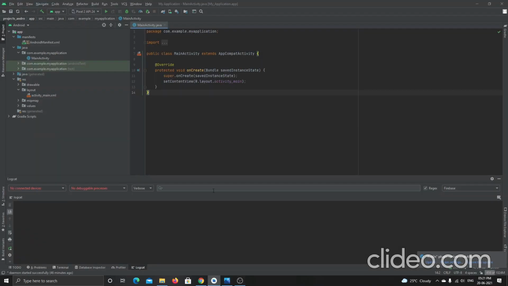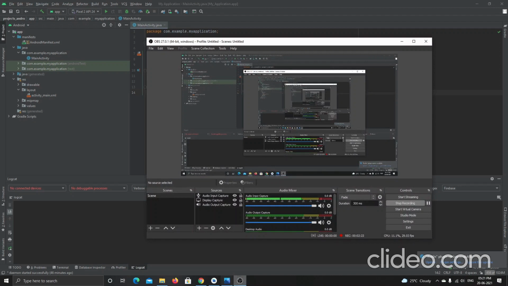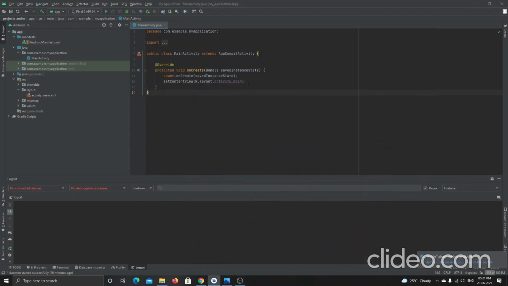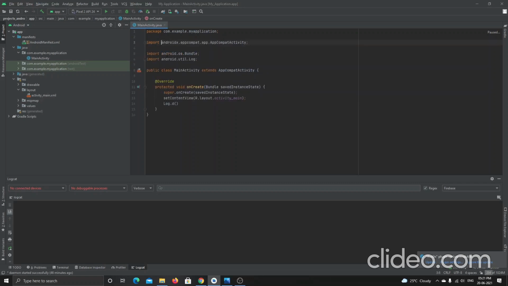So for that, what I want to do is add some statement like log dot d. When I press log.d, it automatically imports the required class from the Java library.